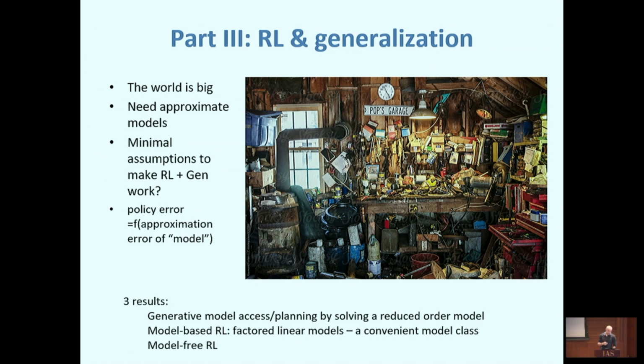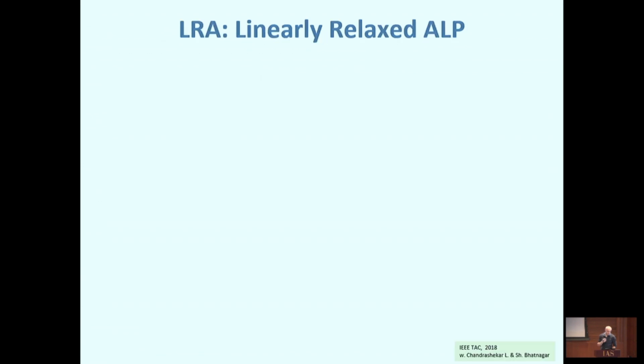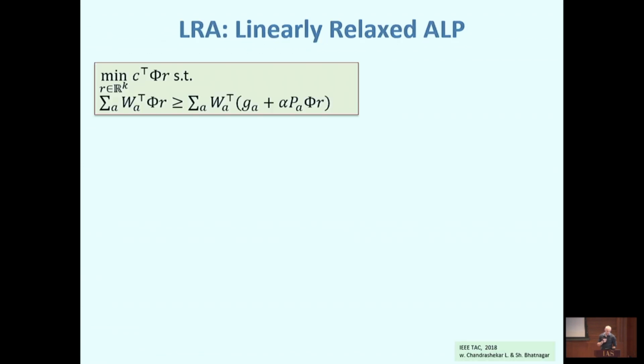And some results there. Then factored linear models, and then model-free around. All right. So approximate linear programming. You probably know that MDP problems, discounted setting, undiscounted setting, many settings, can be rewritten as